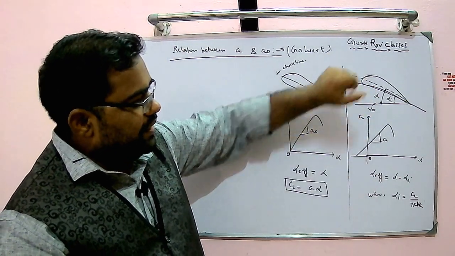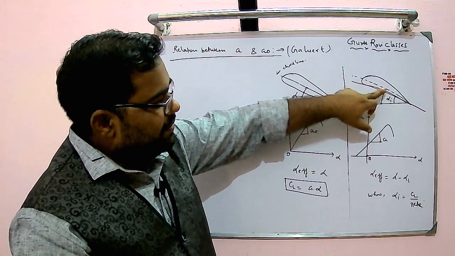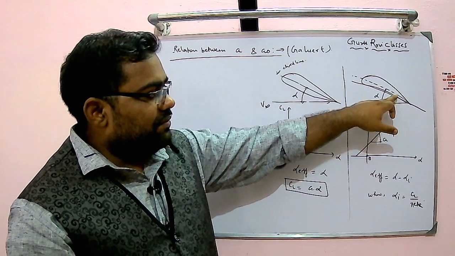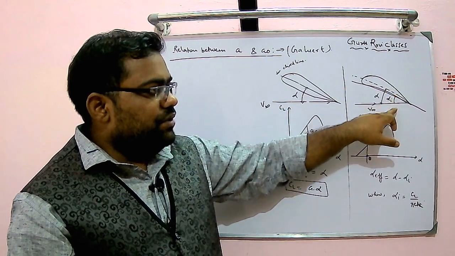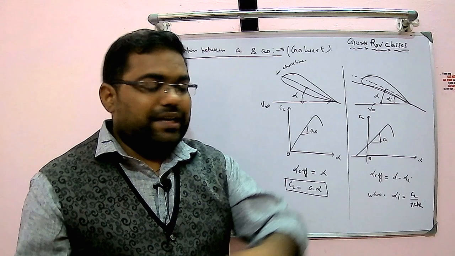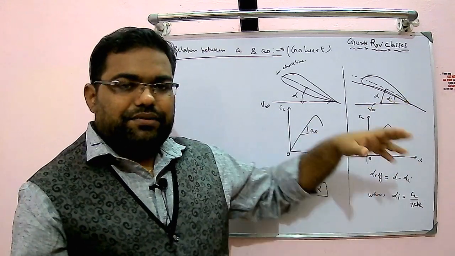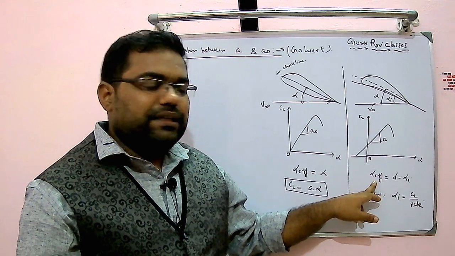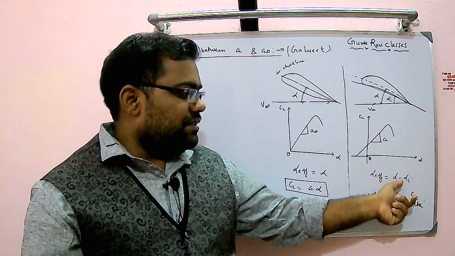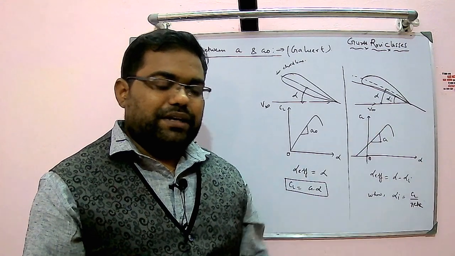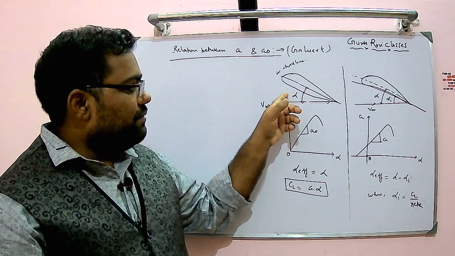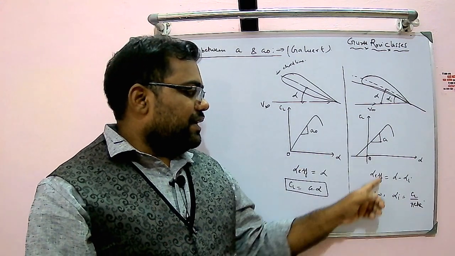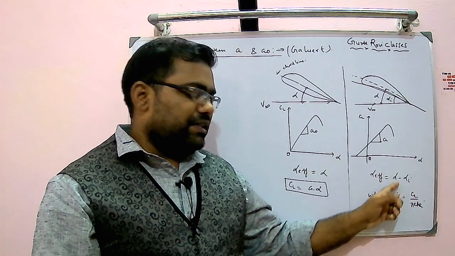The effective angle will be this alpha, which was ordinary, minus whatever has been induced, called the induced angle due to the zero lift angle of attack. So alpha minus alpha I is now the effective angle of attack. This is the angle of attack which is effective for generating lift in the case of a cambered airfoil. But in a symmetric airfoil, whatever alpha was, that was responsible for creating the lift. So in this case, we can write CL is equal to A into alpha effective.